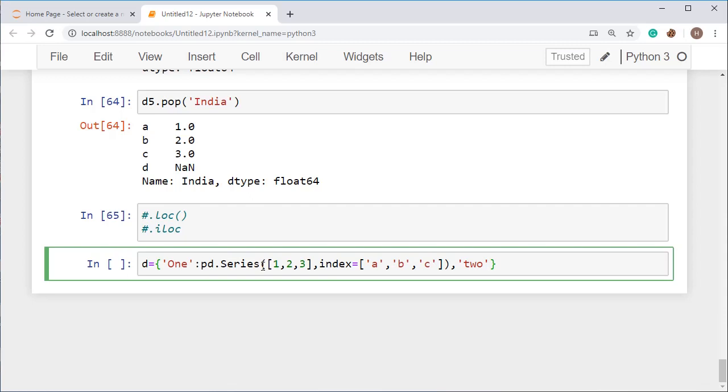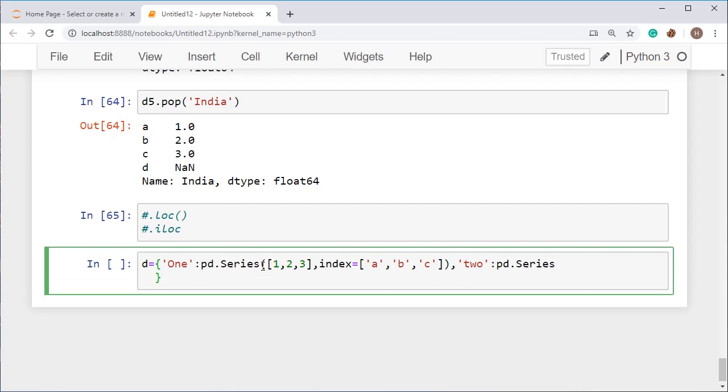This one is actually similar to the above one. So just create pd dot Series and take the values like 1, 2, 3, 4, and insert the index as a, then b, then c, then d.